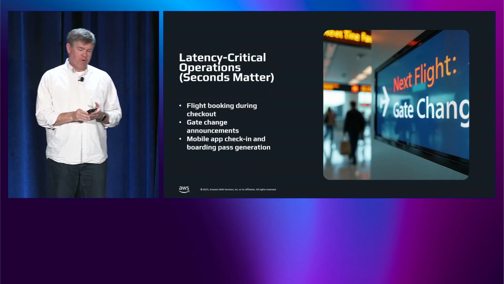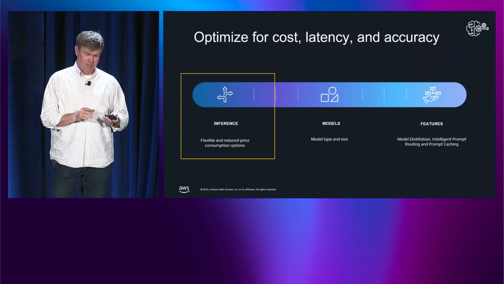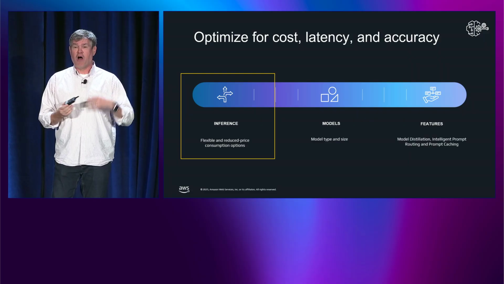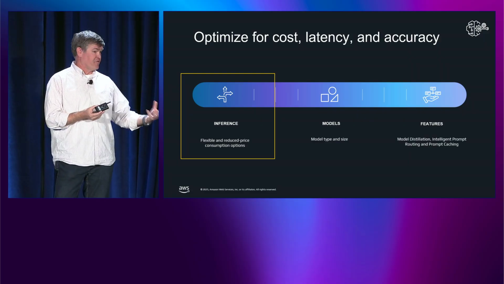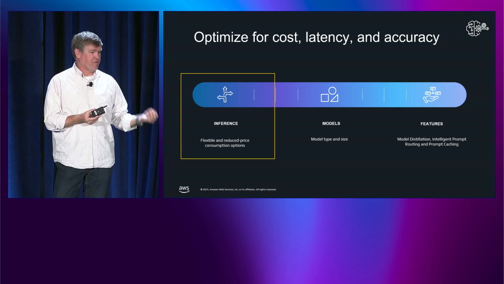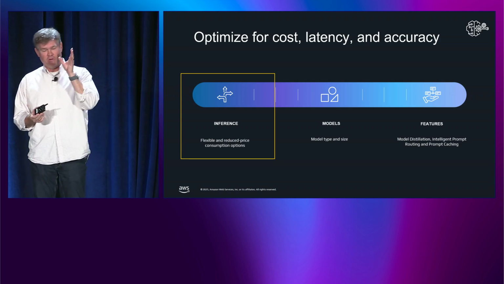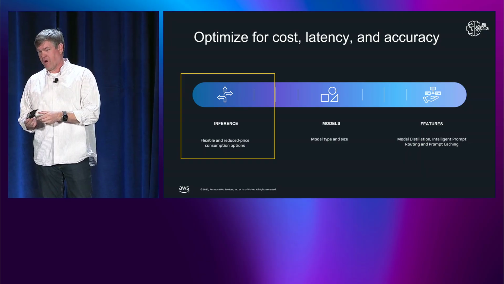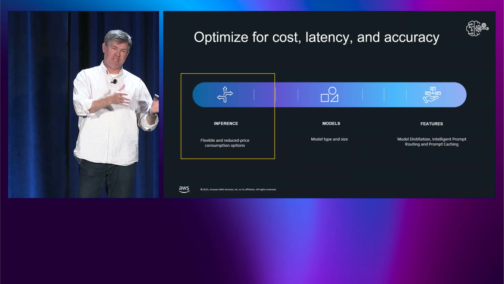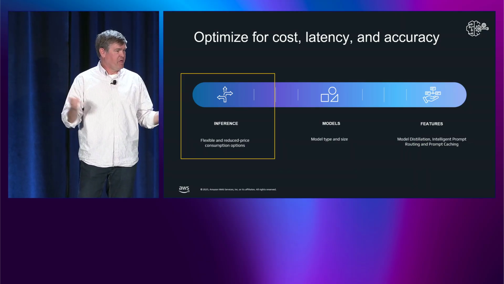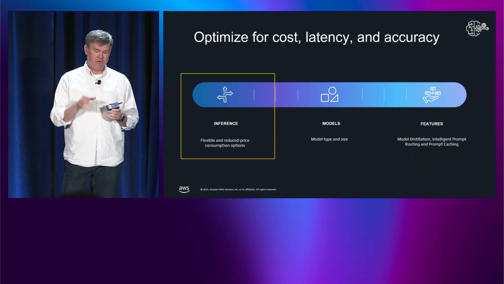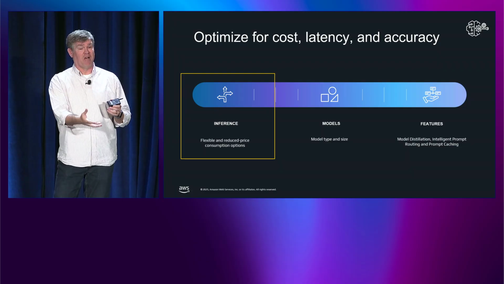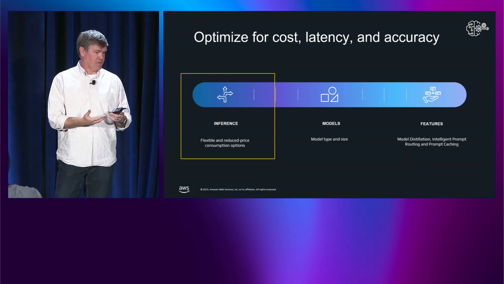Now, while we realize that across cost, latency, and accuracy there are other things that factor in beyond just the inference decision that you're making, that's what we're going to focus on today. There's also which models you pick and which features you take advantage of. I don't want to minimize that the problem is of larger scope, in that you have lots of choices that you're working through. But here today, we're just going to focus on the inference aspects and the choices that you have at runtime for where you're making those decisions.